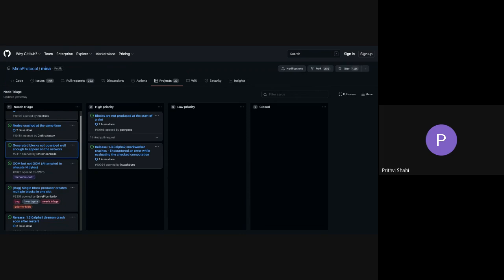There's a finite window in which blocks have to be produced and submitted to the network, but the daemon is busy and other nodes in the network are also busy validating things, and it just doesn't end up being propagated quickly enough. The good news is it is related to the issue in the second column, 10108, which is related to prioritized block production. Once that lands, we should see some improvements with regard to this.